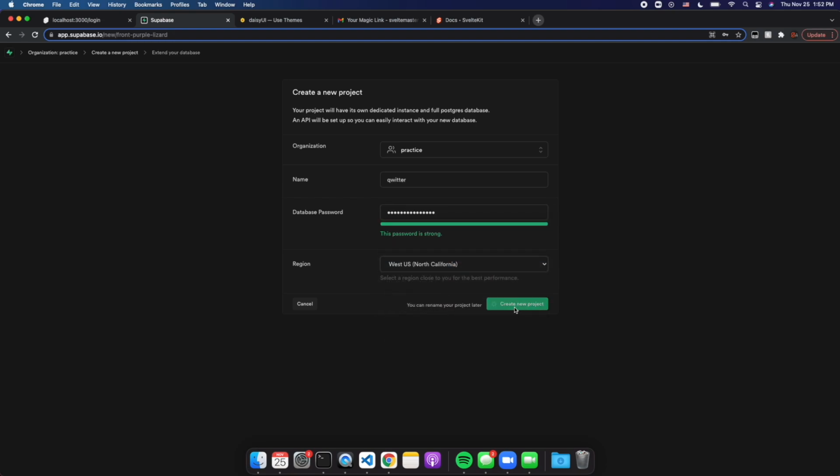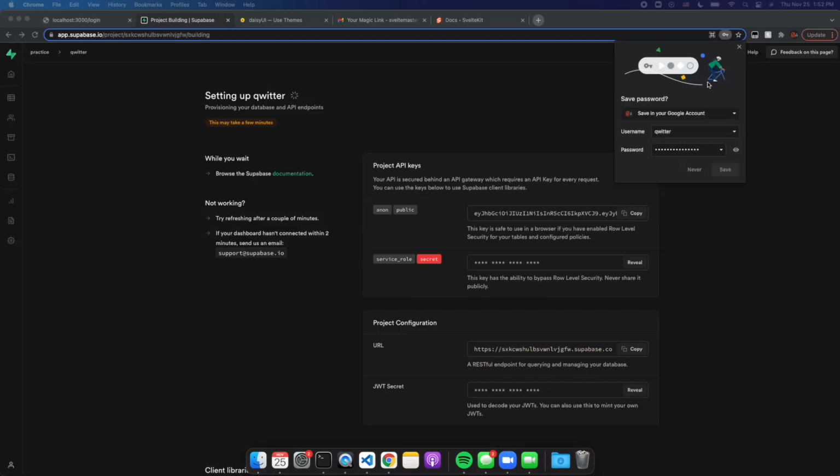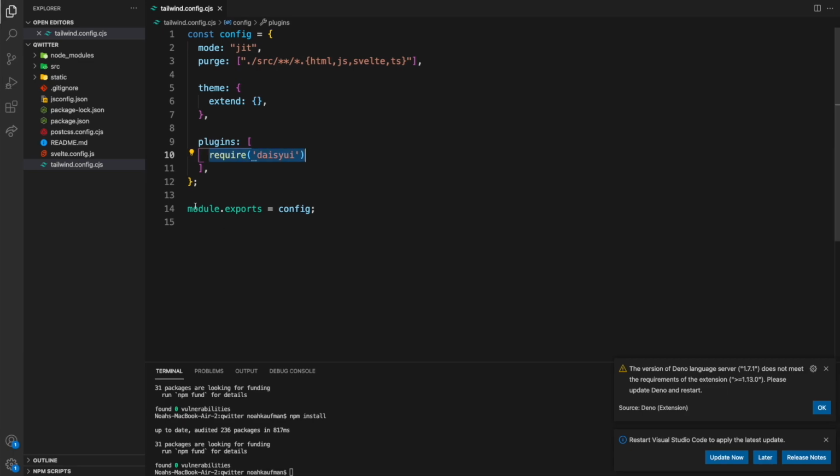Put it closer to me. Create new project. Okay, so we'll have that. Wow, and having the second monitor is nice because I can just copy and you can't even see. You can just copy paste stuff into here. So first of all,